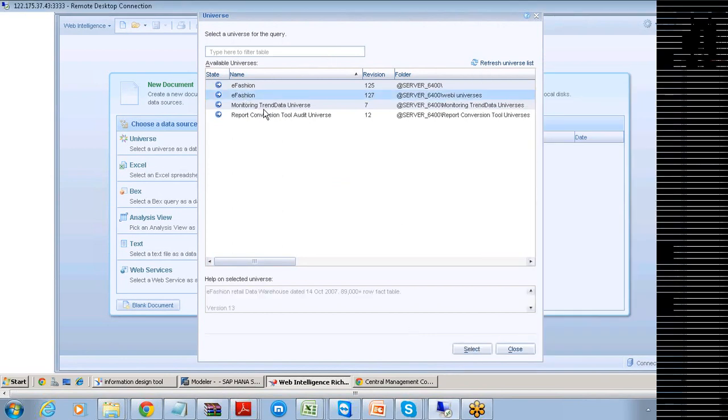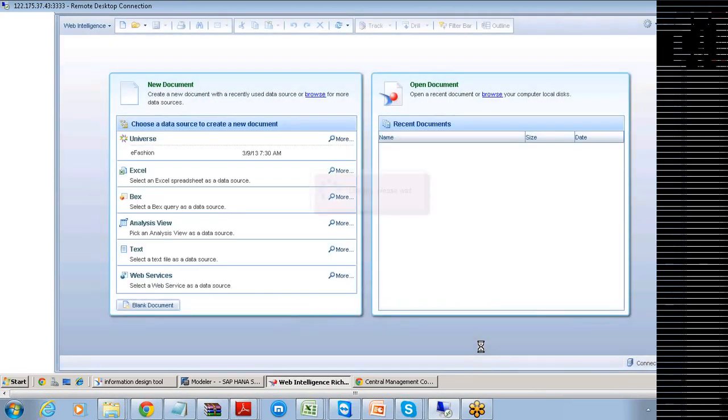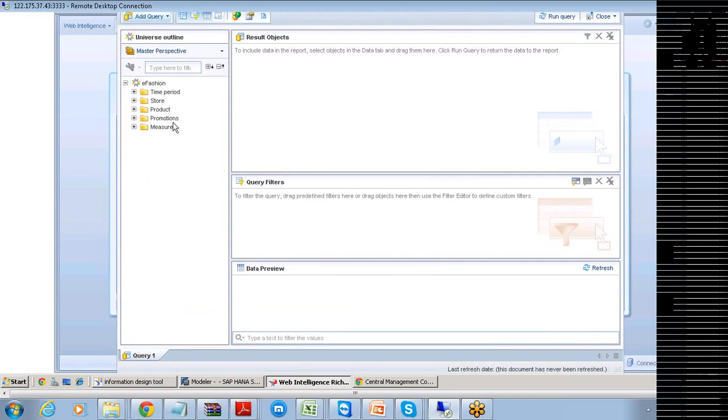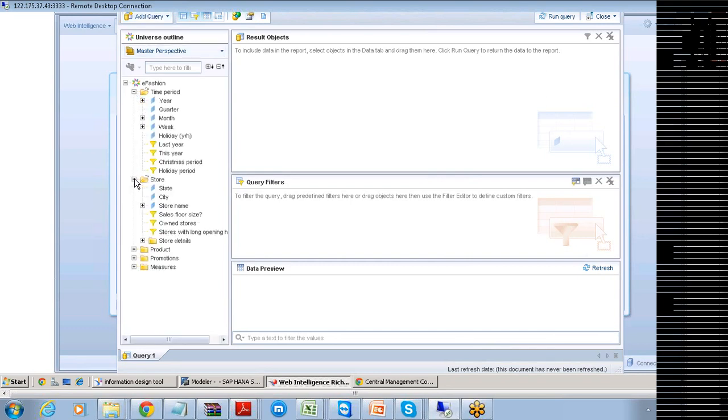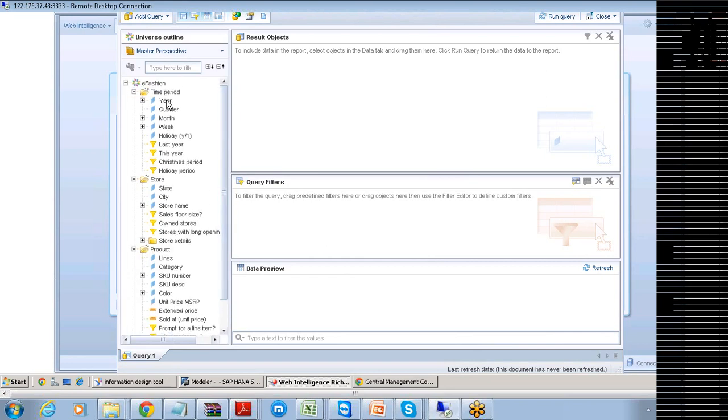I'm selecting one of the available units here. You are seeing this one. These folders are called the classes here. When you open this one, you'll be able to see the different types of columns, and these different types of columns are called the objects here. So that means that objects are the columns that we use for reporting and analysis.